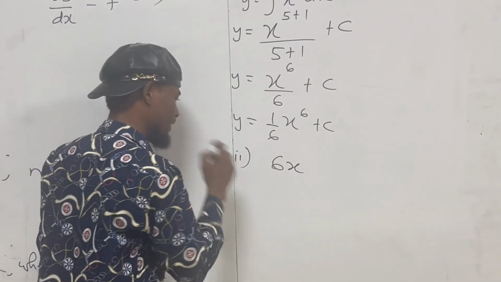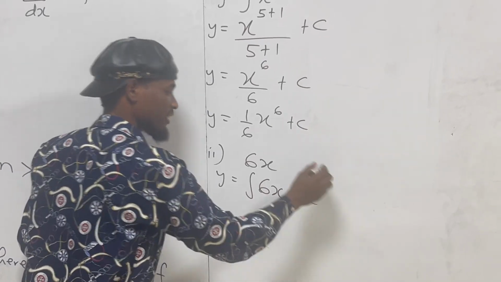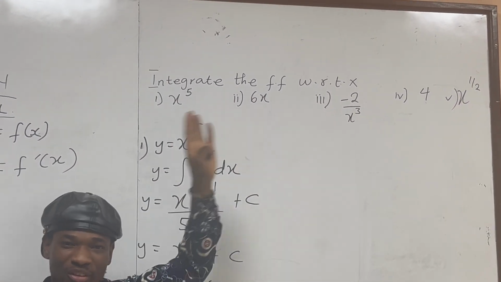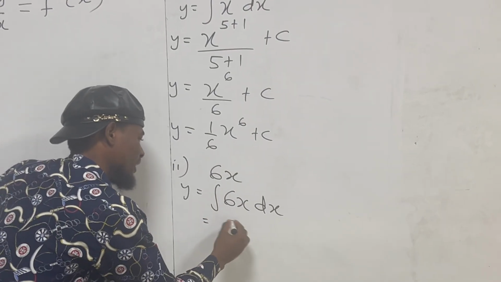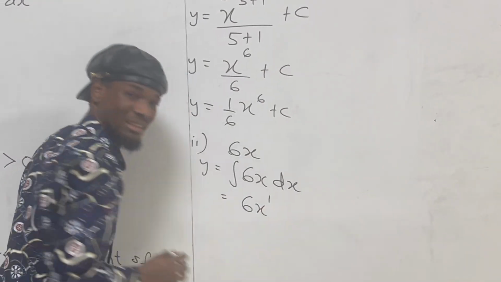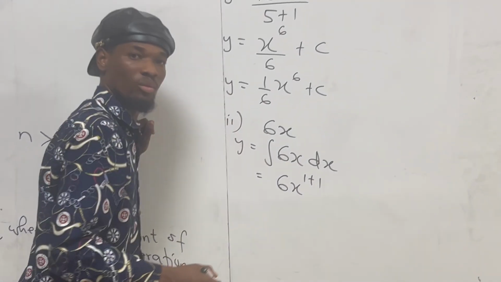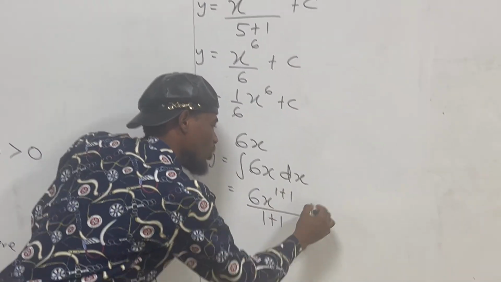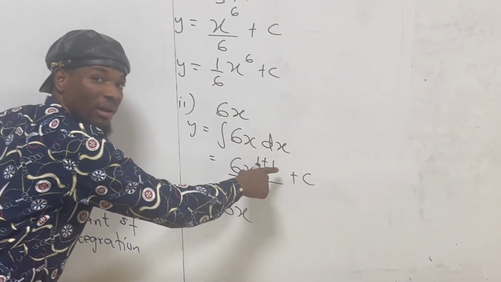So this is the same as the integral of 6x dx. Why dx? Dx because we are integrating with respect to x. So I'll have 6x. Then remember, 6x is the same as 6x to the power 1. But we add 1 to the power, then all over the new exponent, which is 1 plus 1, plus c. So therefore, I have 6x to the power 1 plus 1, which is equal to